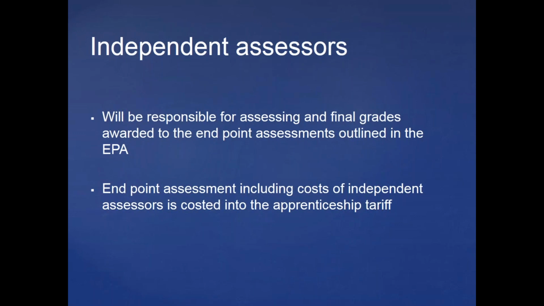The EPA can't cost more than 20% of the total cost of the degree. So that obviously limits us; we have to work within those constraints when writing the EPA. But when we're costing the EPA, we're obviously costing in the cost of appointing an independent assessor into the apprenticeship